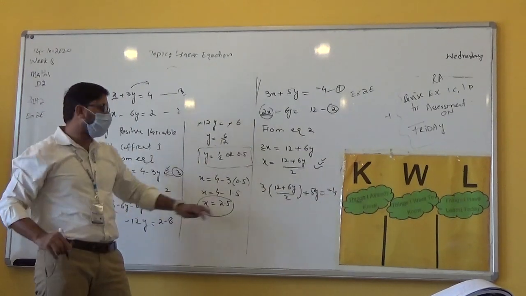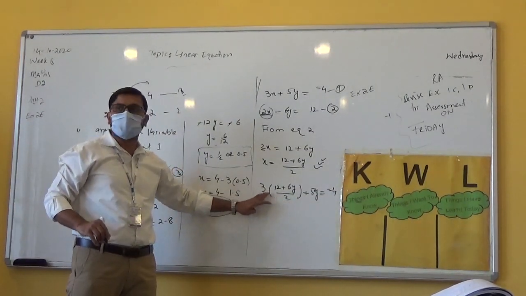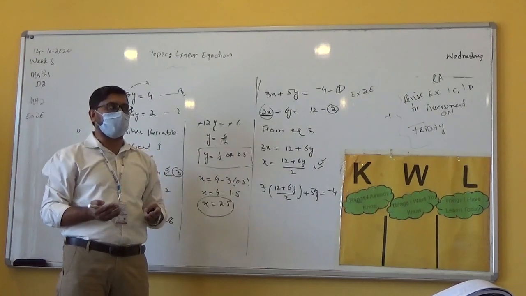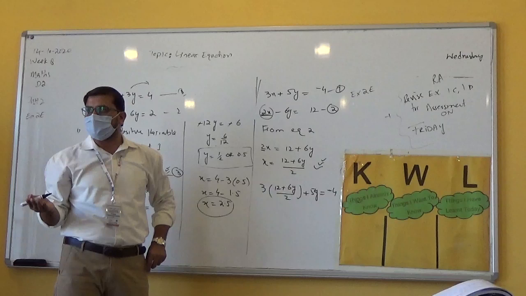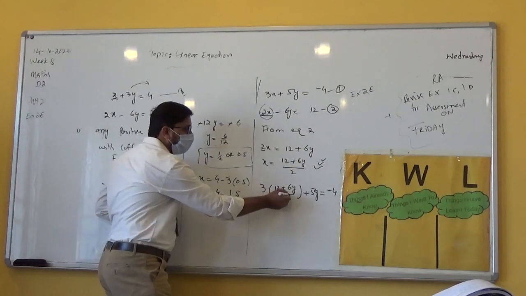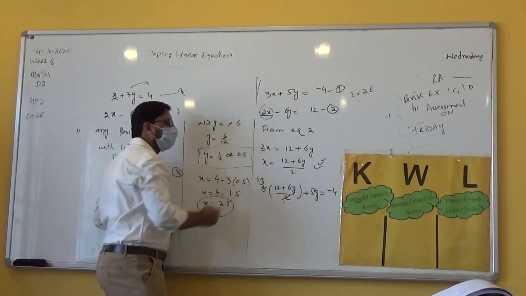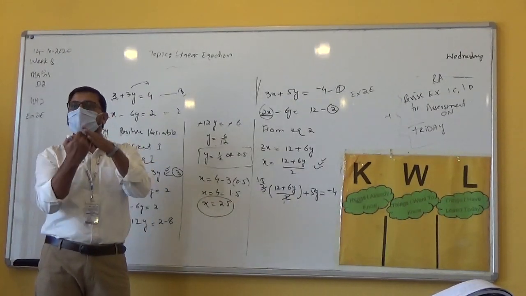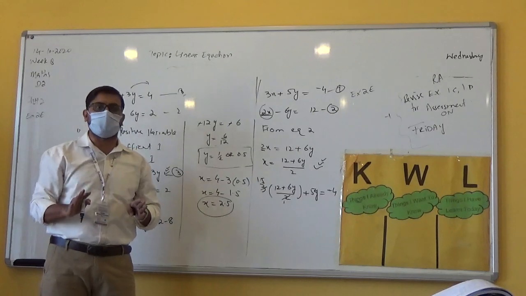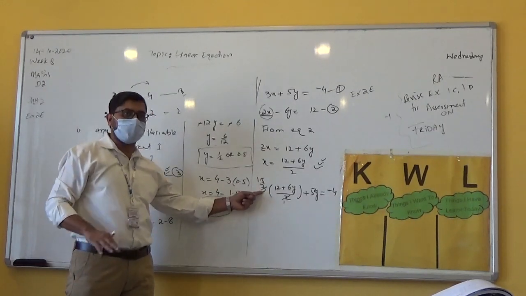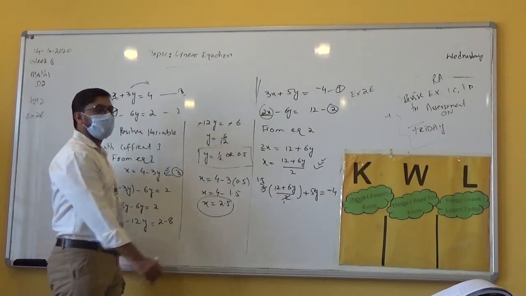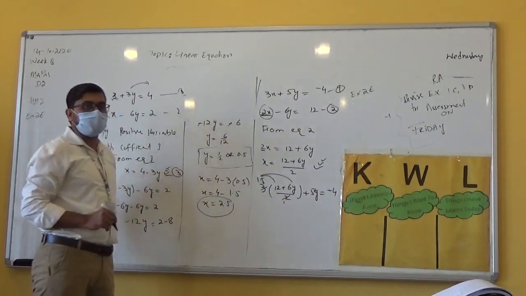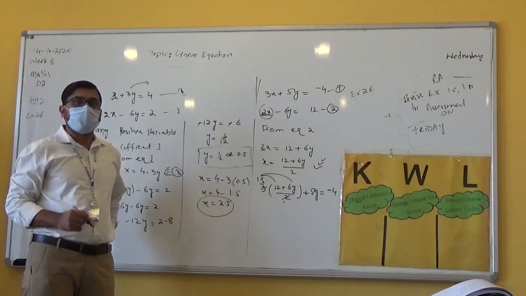Can we solve the fractions? No, we can't. But if we want to take the answer in decimals, yes, we can give the answer in decimals also. So what will it be then? If you divide 3 by 2, your fraction will be resolved. So this is 1.5 now. So 1.5 times 12. This 1.5 will multiply with both the numbers. Are you sure it's 6? No, it's not 6. It's 18.